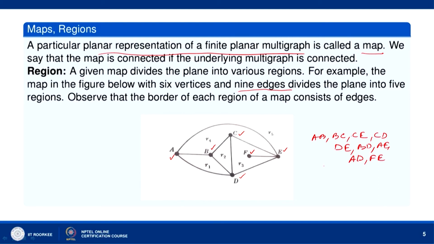Okay, so 1, 2, 3, 4, 5, 6, 7, 8, 9. So 9 edges are there, and there are 6 vertices. The vertices are A, B, C, D, E, F. Now, this graph divides the plane into 5 regions. Regions are